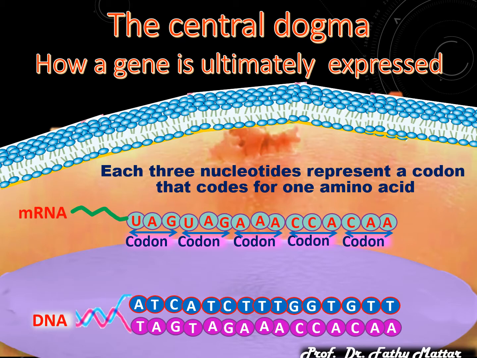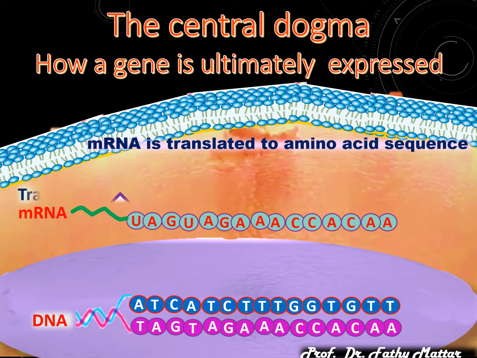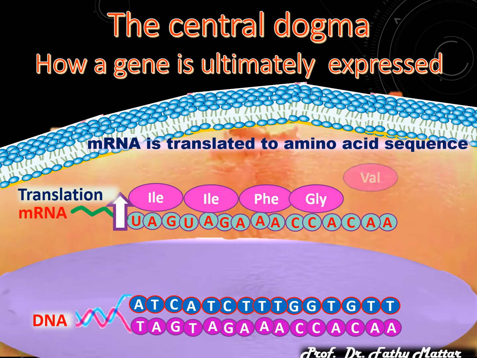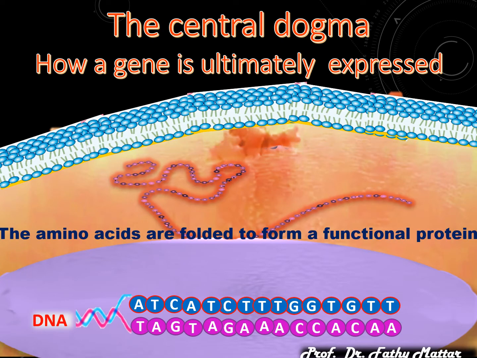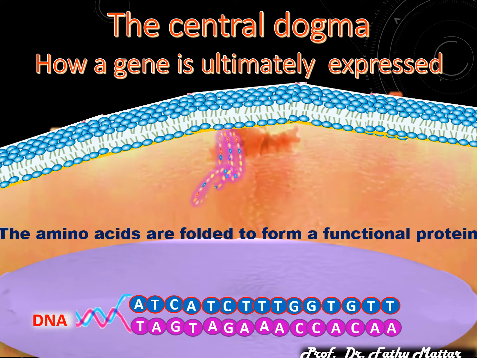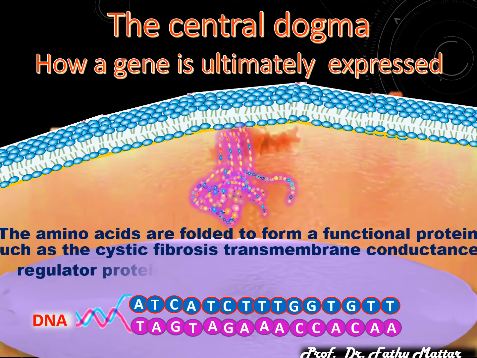So the sequence of nucleotides in messenger RNA is translated into a sequence of amino acids in a polypeptide or protein. This polypeptide or protein is folded in order to form the structural and functional protein, such as